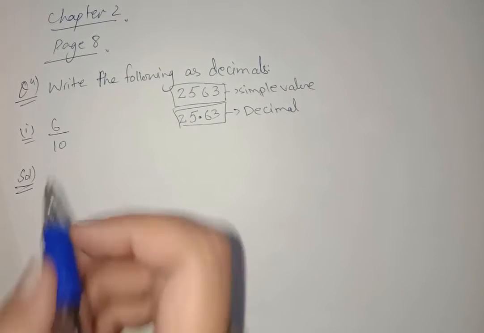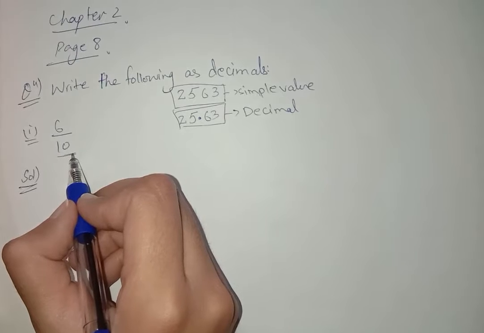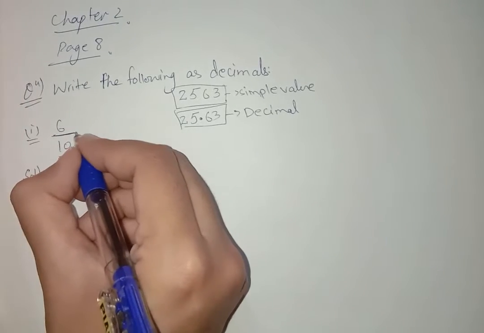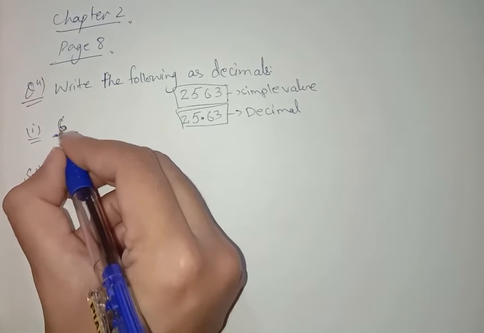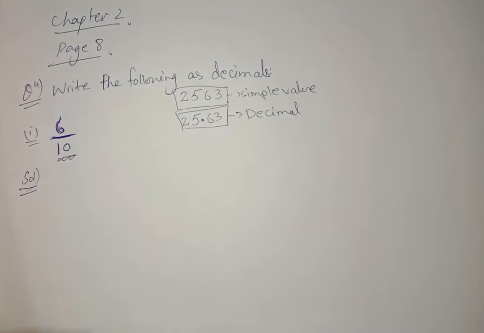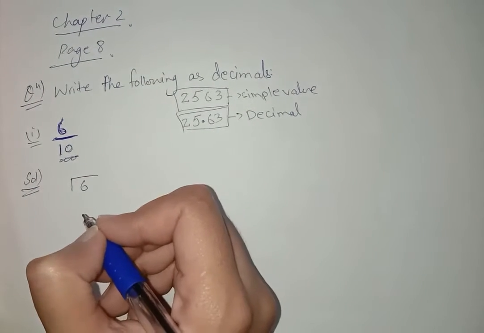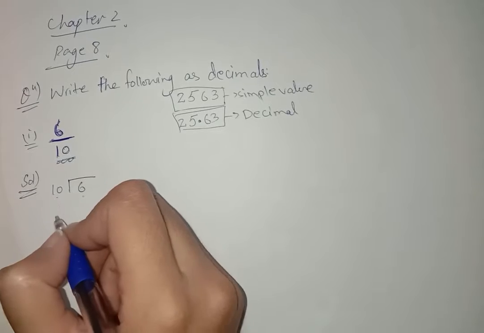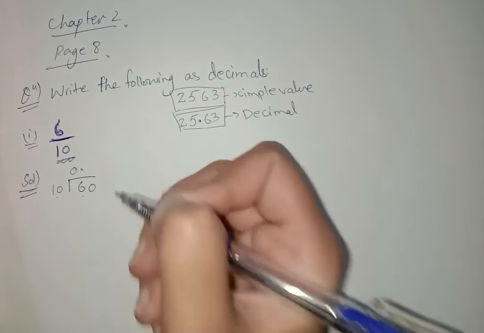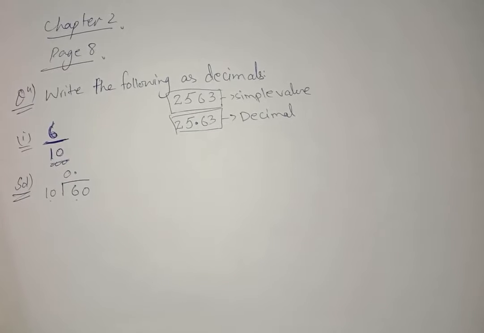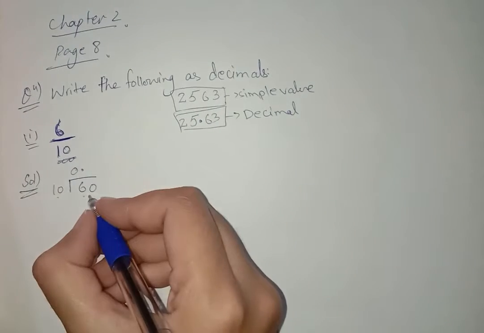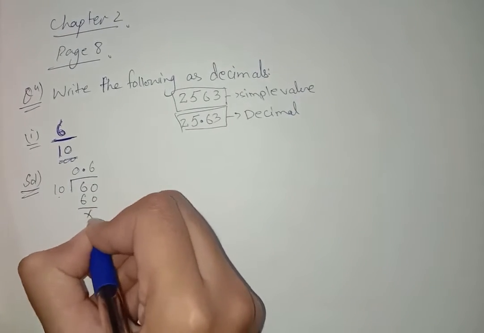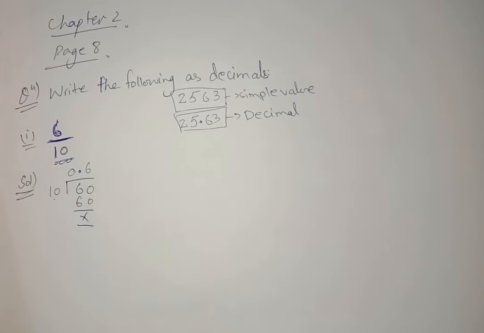There are two ways to solve this question. I can tell you both. The way you find most likely, you can apply this. First, as you can see, this sign means that 6 is divided by 10. So we can place 6 in a bracket and 10 here. 6 doesn't come in the table of 10, so we can place 0 point and a 0 lies here. If we place a 0 here, we have to place a point here. Now 10 sixes are 60. This is the first method to solve this question.